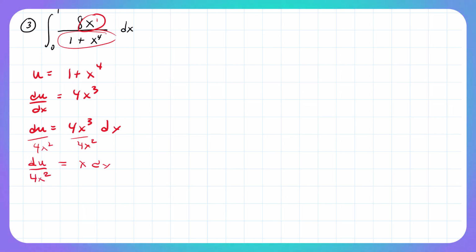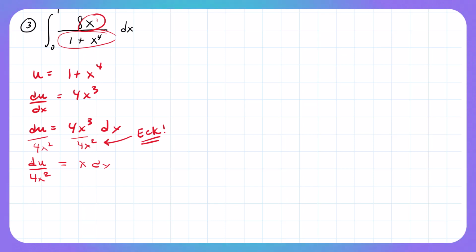There is some algebra there that does make that substitution. The problem is then we would be replacing dx with du over 4x squared. That's one problem. The other problem is when I divide by a variable, I have to be careful that I'm not creating division by zero, because mathematically division by zero is not an operation that's defined. It's undefined. And so right here, when I divided by that variable, we have to be careful of this in all contexts